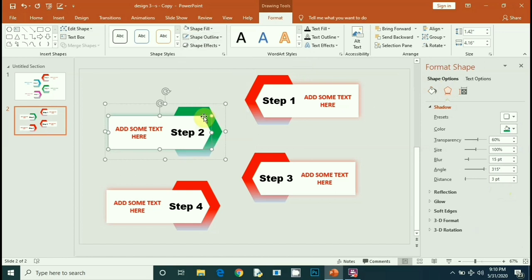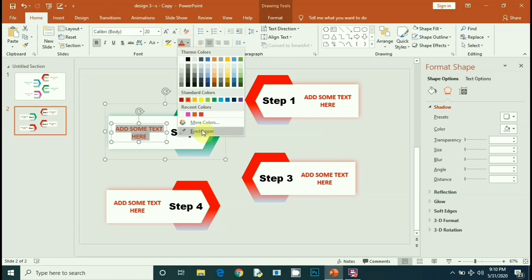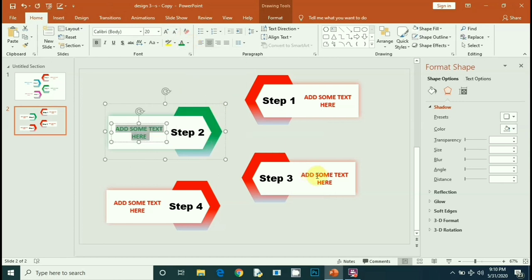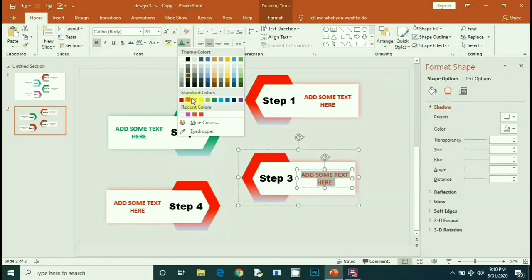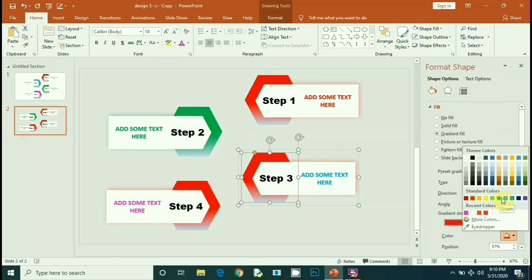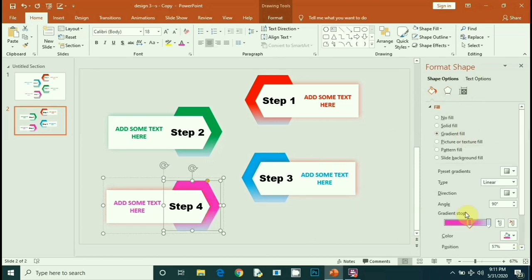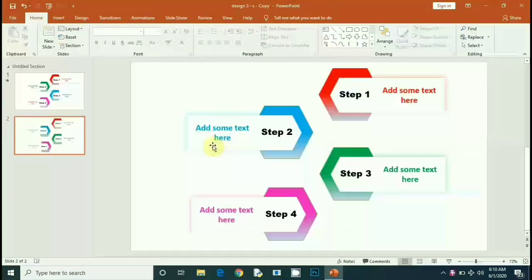Same process will be repeated for the next 2 shapes, and I make its text green. We need to repeat the same process with the last 2 shapes, so I make it faster to save your time. After all, we have 4 groups of shapes.